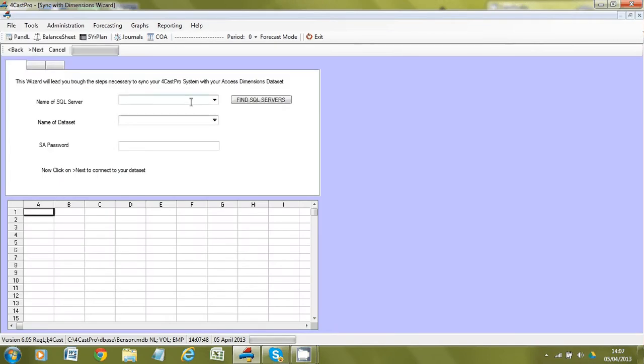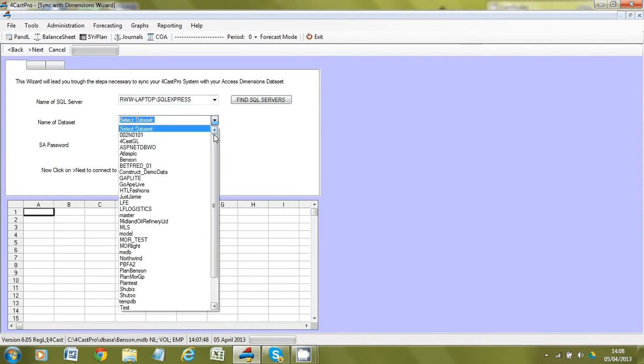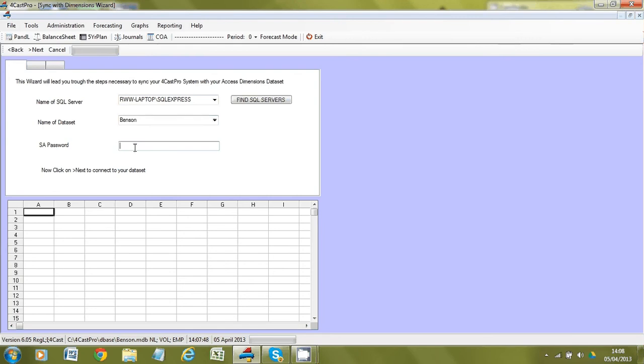Now this is very handy for initially linking your data to dimensions. First of all, we'll find SQL servers, and any that are on the network will then appear in the drop-down list. In my case it's a version of SQL Express on my laptop. We can then see all the data sets that are there, and we'll choose Benson. Input in the SA password